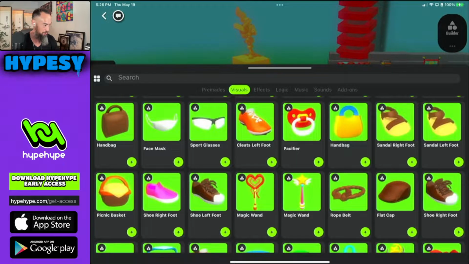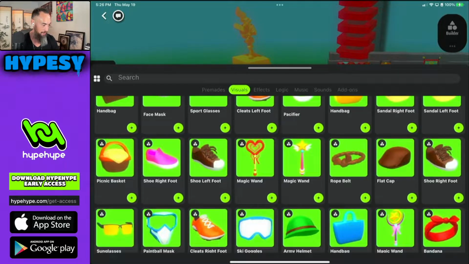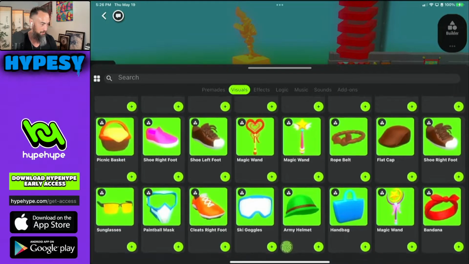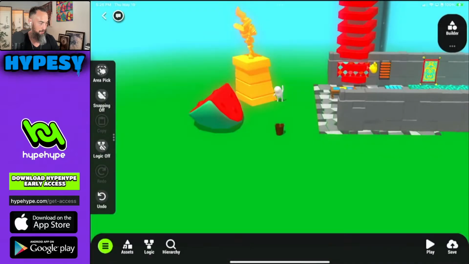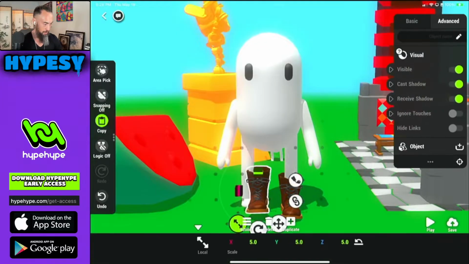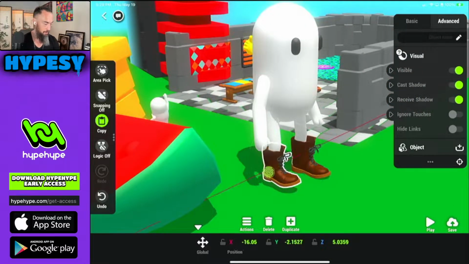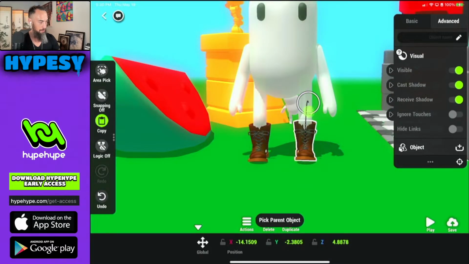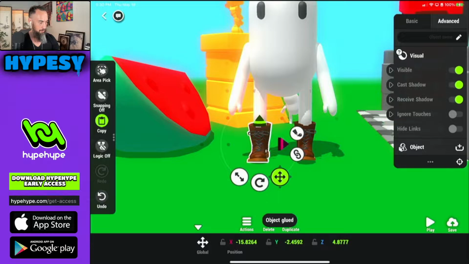What pair of shoes do you like? It looks like these have left and right. I'm gonna go with the boot. Here's one boot left, but we need a right boot. Right boot, left boot. Grab a character before he walks. Let's put some boots on him. Go like this. There we go. Here we go. We select the boot. This is the left foot, and this is the right foot.